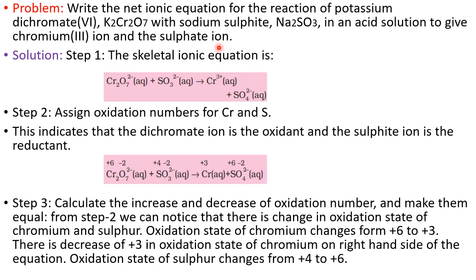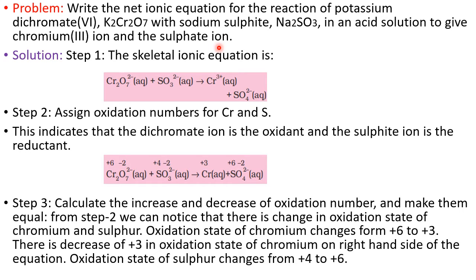See, we balance redox reactions by two methods. One is the oxidation number method and the second one is the half reaction method. What difference is there between these two? In the oxidation number method, we equalize the increase in the ON and the decrease in the ON. Then in the case of the half reaction method, the name indicates that it is a half reaction method. There we divide the main redox reaction into an oxidation half reaction and a reduction half reaction.